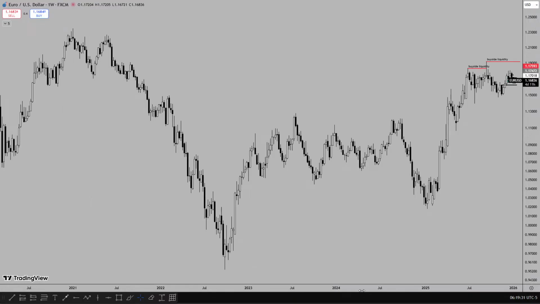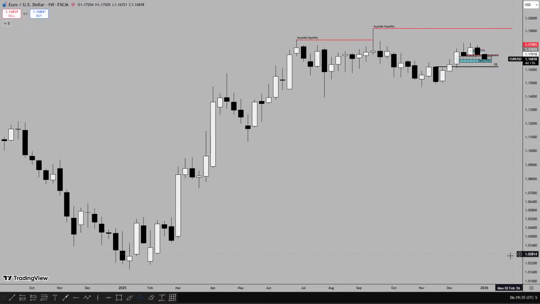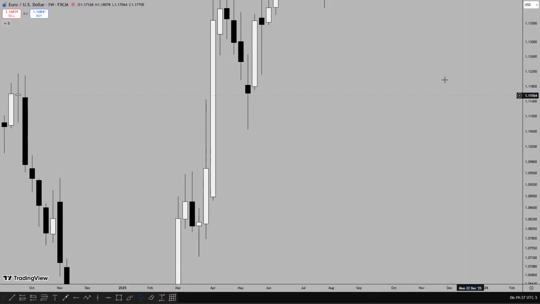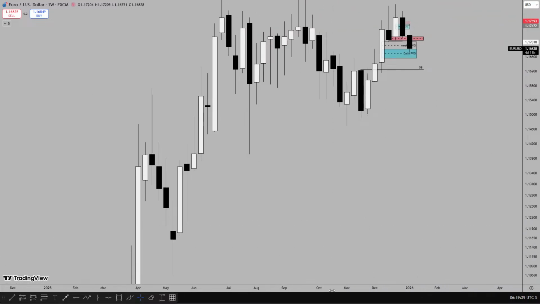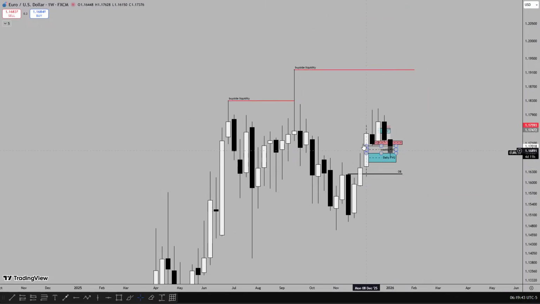On the weekly time frame of Euro USD, last week price retraced lower, forming a swing high, and I was looking for a retracement to the weekly fair value gap, which currently price already traded through the weekly fair value gap. So let's take out some